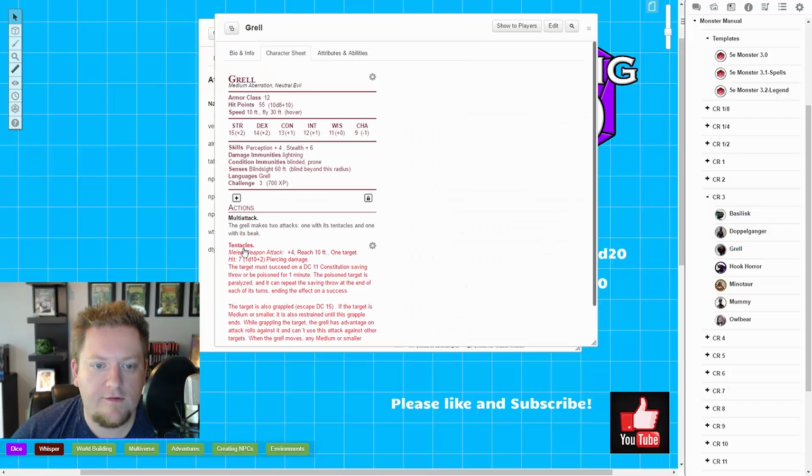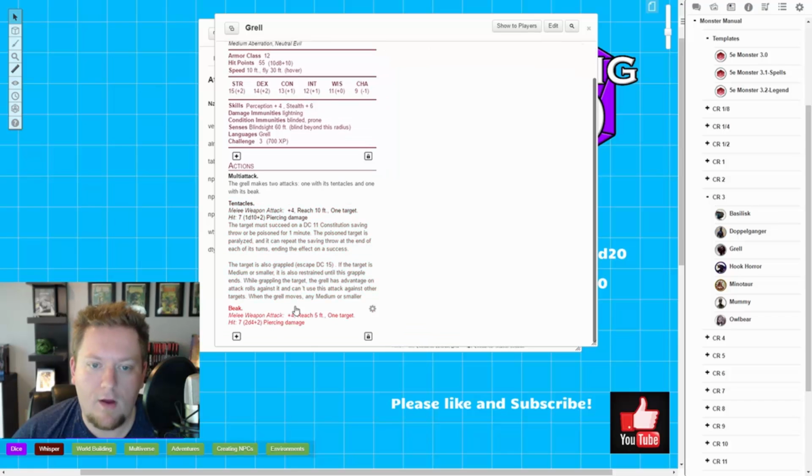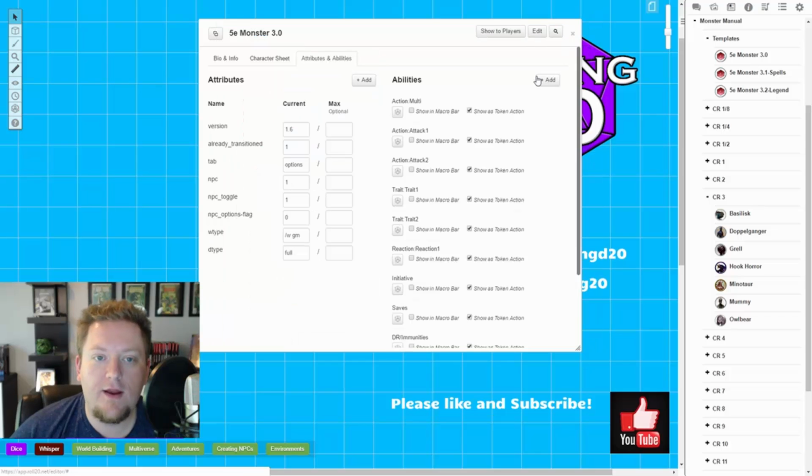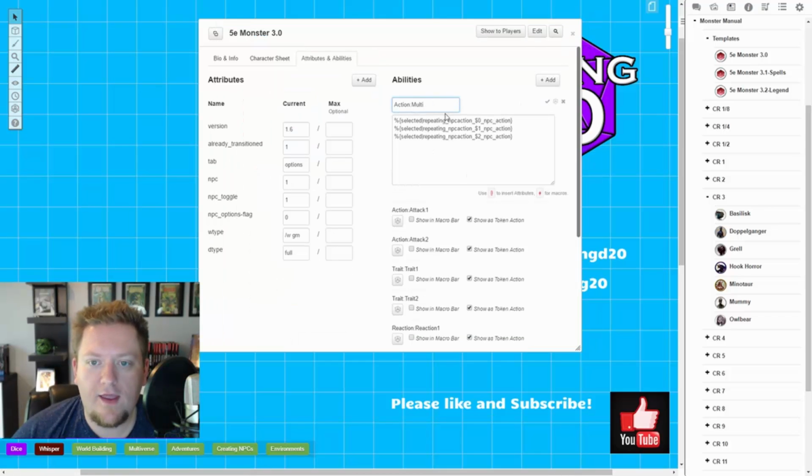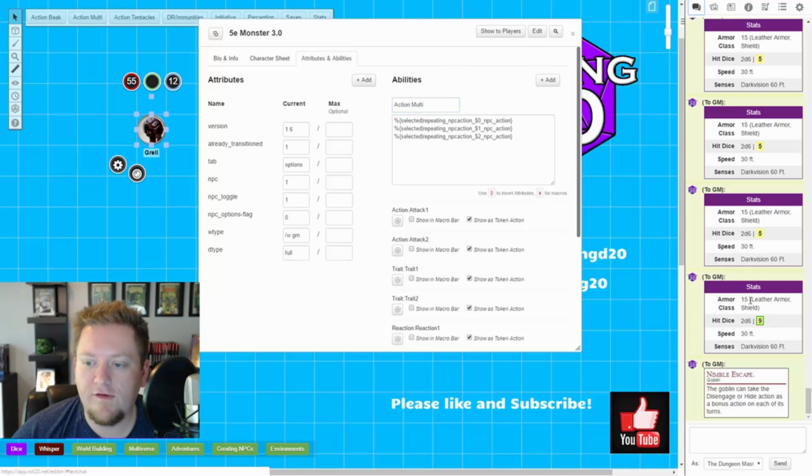They have this little multi-attack, and then they have 1 attack or 2 attacks or 3 other attacks. And so the way I've created it is it goes ahead and pulls the first repeating section and then the second and the third, so that when you're using a monster with multi-attack, it'll actually kick out that multi-attack as